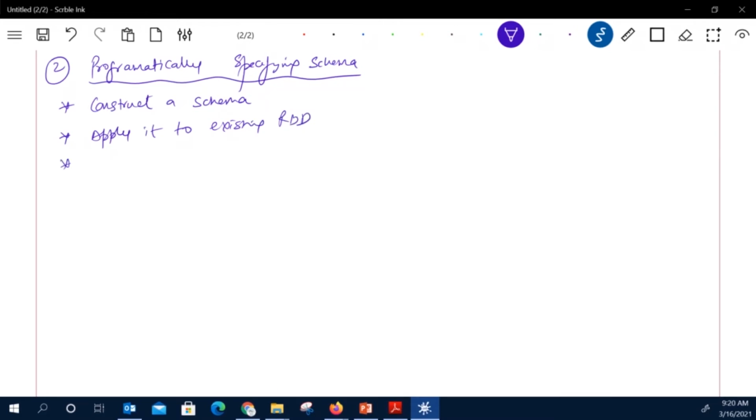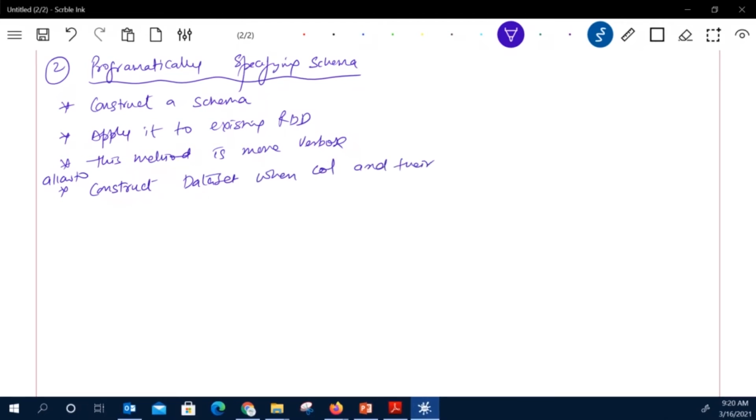As compared to the previous method, this approach is more verbose, right? And this method allows us to construct a data set when we have columns and their data types are not known in advance.